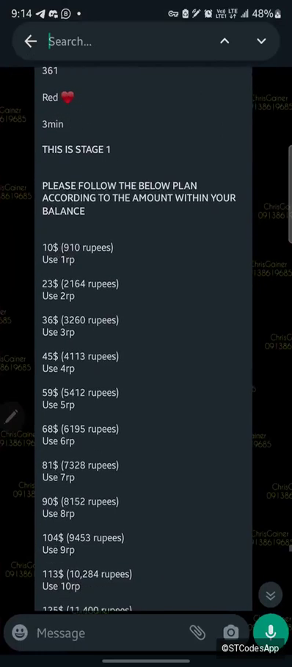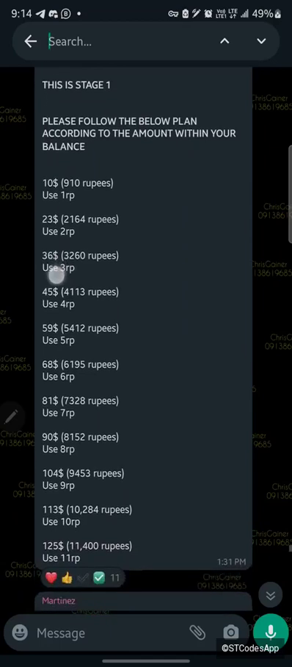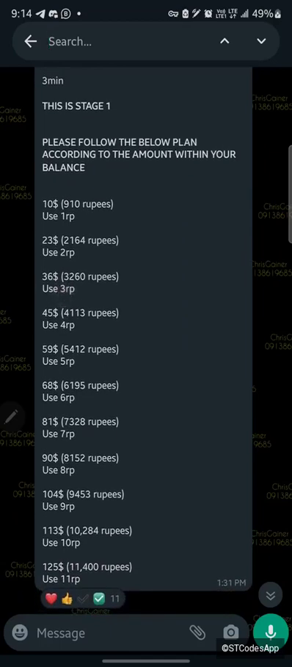Then this is the plan. So this plan now, you have to be very careful about it. Minimum deposit is $10, right? I didn't say that earlier. Minimum deposit is $10. So if you deposited from $10 to $22,